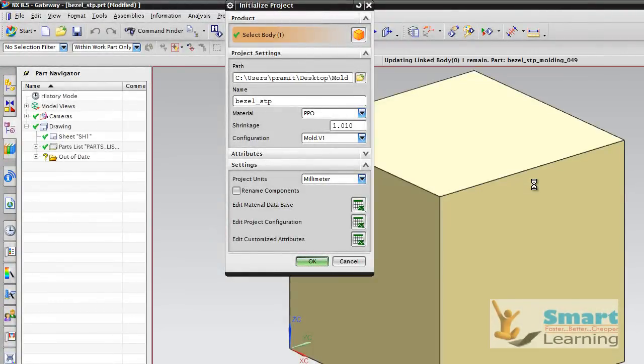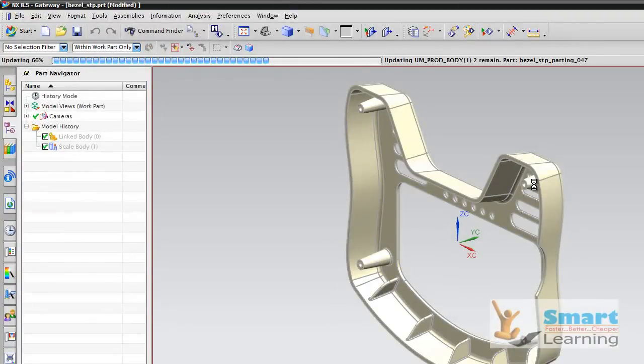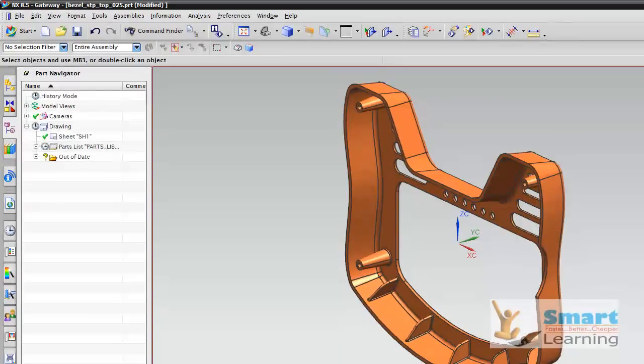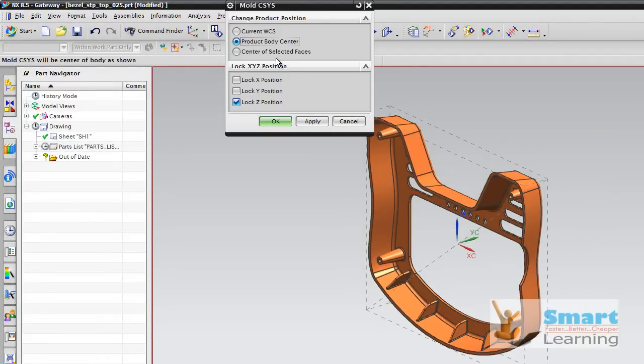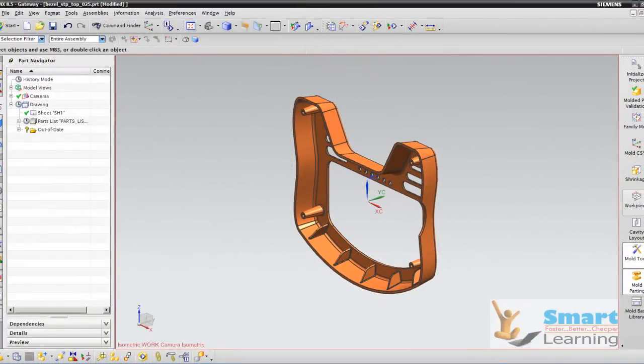After pressing OK, you can see your model, and once the model is ready, you need to assign the coordinate system for your mold. Once you set your coordinate system, then the part will be automatically positioned as per this configuration, and then we'll go to the workpiece